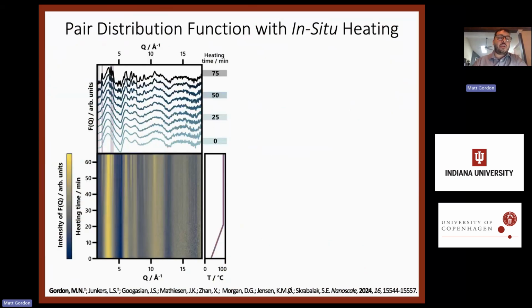Then, as we started to heat this up, this is first in reciprocal space. As we heated up, we heated up 3 degrees a minute from room temperature up until 90 degrees, and then held it at 90 degrees. As we heated up from room temperature, you'll start to see just what looks like the precursor complex. And then as we get into our later heating time points, you'll see these characteristic peaks arise of our bismuth